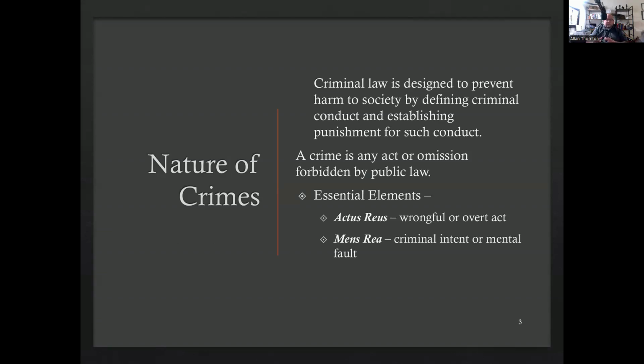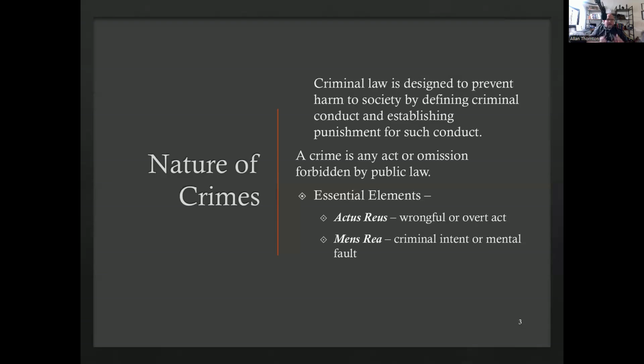Criminal law takes it a little bit further by establishing what that conduct is, what the punishments for violating that conduct would be, so that we kind of have an idea of where we need to be as far as the law goes, whether it's as individuals or as businesses. We know what we're supposed to do, what the law says we can do, and what will happen when we do not follow the law.